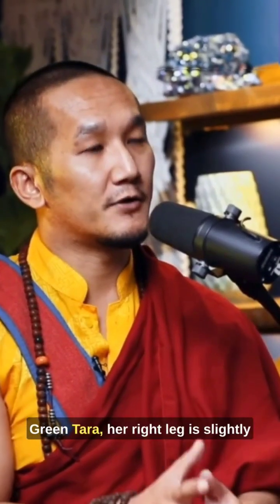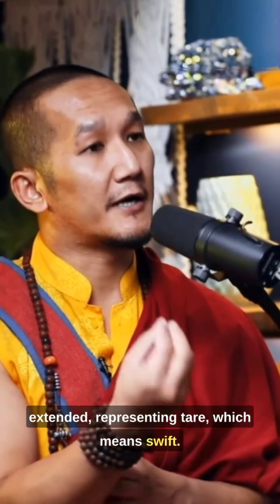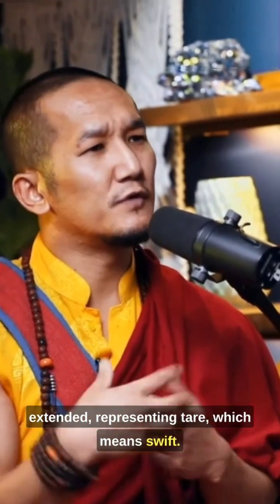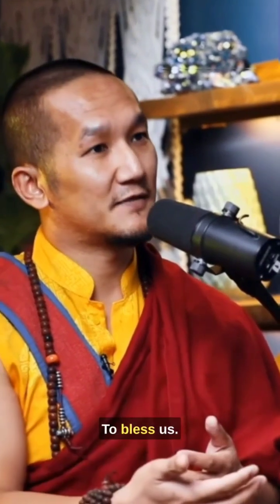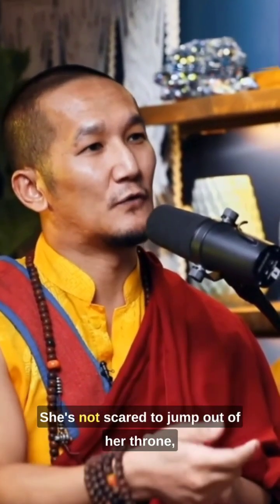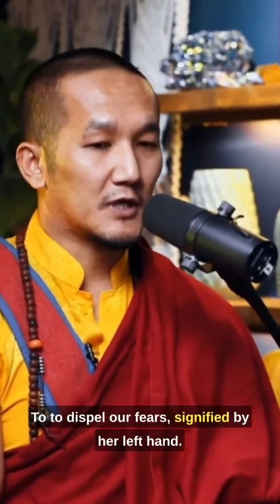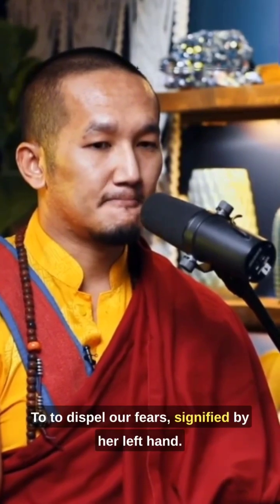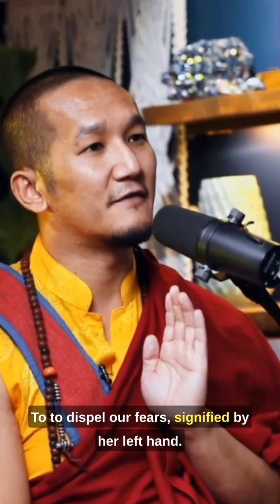Green Tara. Her right leg is slightly extended, representing Tare, which means swift. She wants to jump out of her seat to bless us. She is also fearless. She is not scared to jump out of her throne to come to our aid. Tutare, to dispel our fears, signified by her left hand,